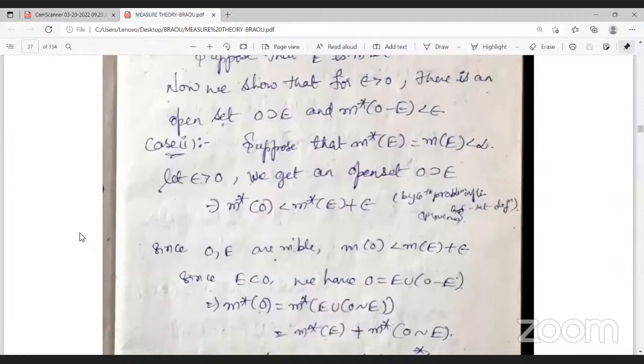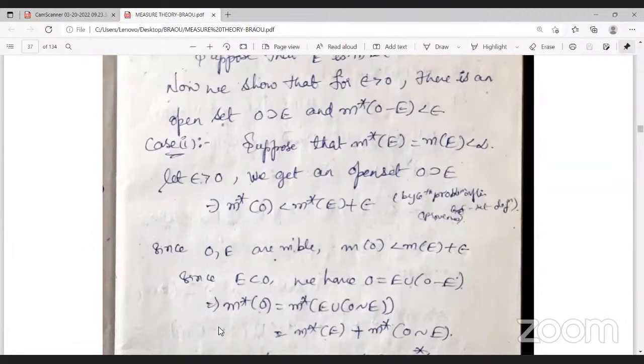That means G is a union of open intervals. G is a union of open intervals In. Therefore, we can write G equal to union of In, n equal to 1 to infinity. Okay, now In. And we can write G equals to